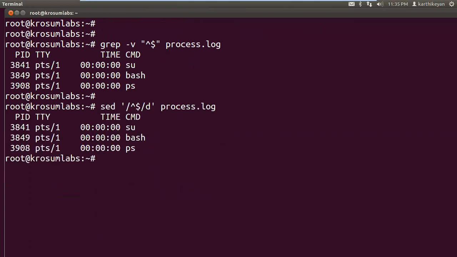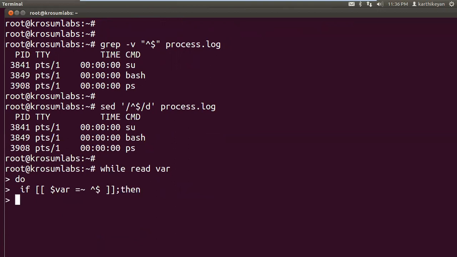In script style, this is optional. In script style, we can use file handling. Read your data from file. I'm writing the script on the command line: while followed by read, where, and do, and use the regex operator, the test operator, followed by input and pattern anchor ^$. If the pattern is matched, we can ignore. What is the pattern? Regex, empty line. You can ignore this, or you can put the not operator. Then followed by the else part and display the non-empty line content.